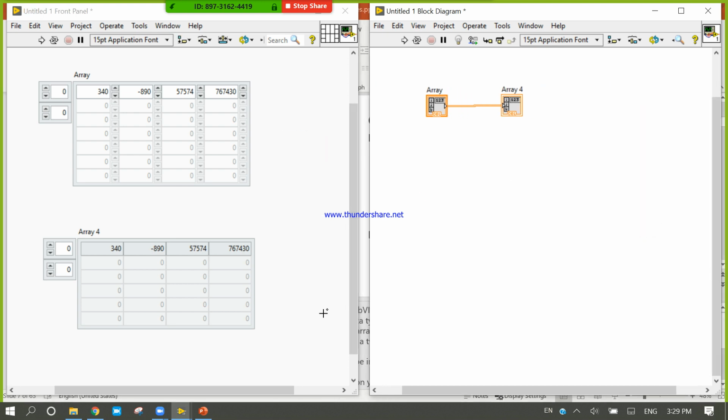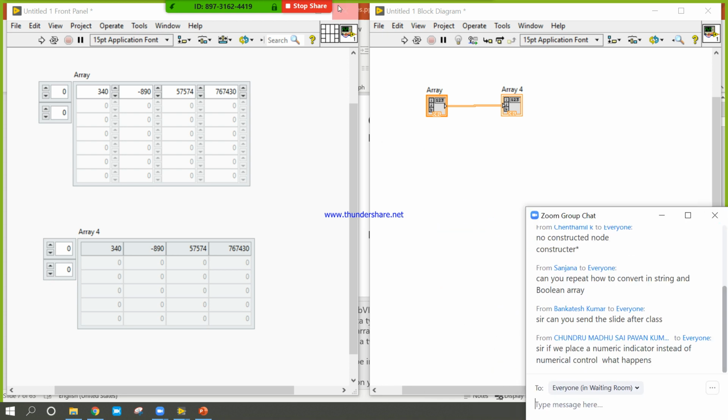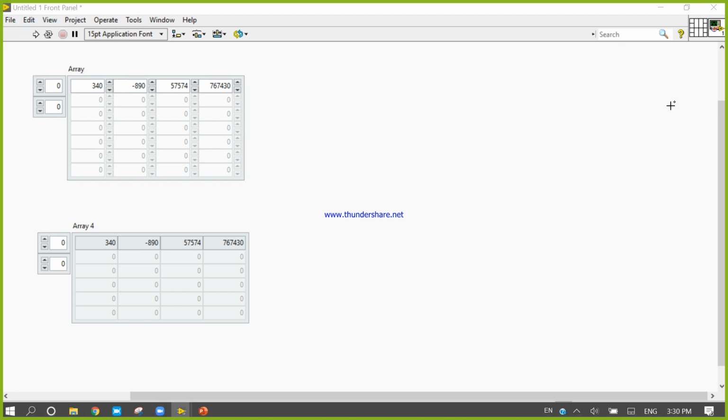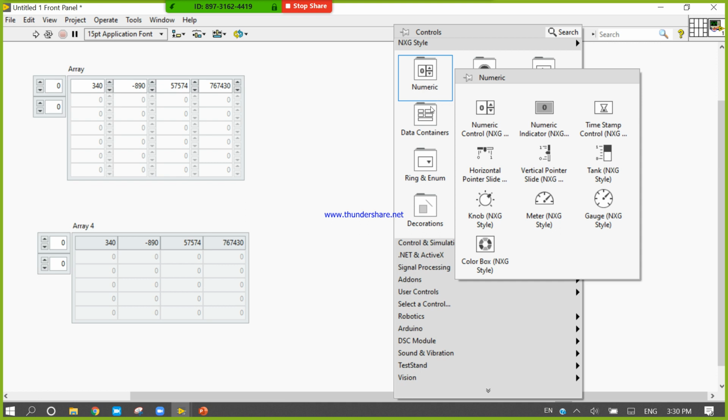Now let's see again. The next question is, if we place the numeric indicator instead of the numeric control, what will happen?